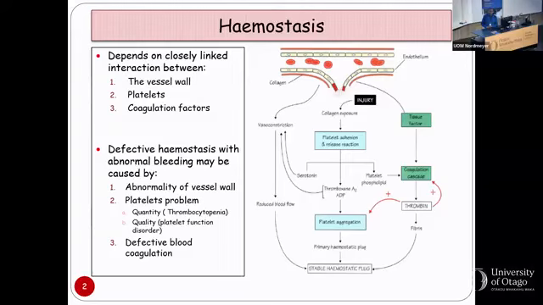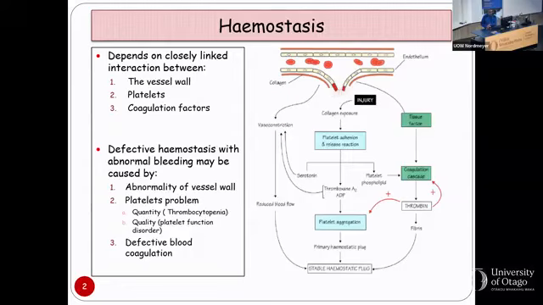In as much as we usually would say common things occur commonly, so you might see 1,000 cases of bleeding or clotting disorders. Maybe most of them, like 900 of them, may fall into the category of maybe DVT and things like that. And so you begin to think, oh, everything has to do with the coagulation cascade. So it's really very important to remember these basic concepts. So please remember,